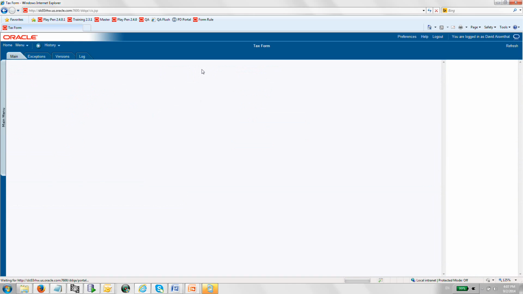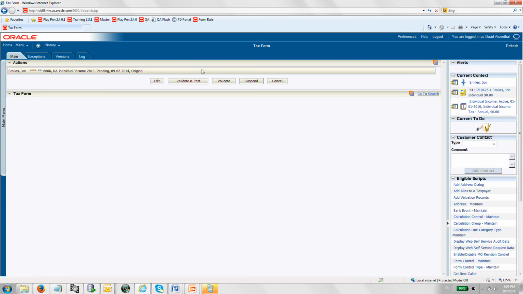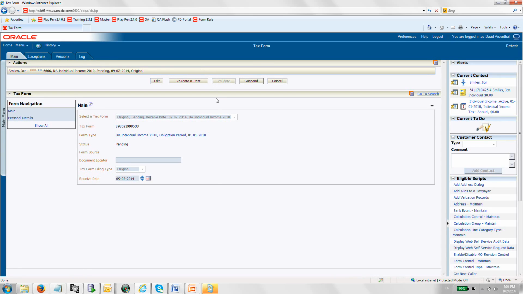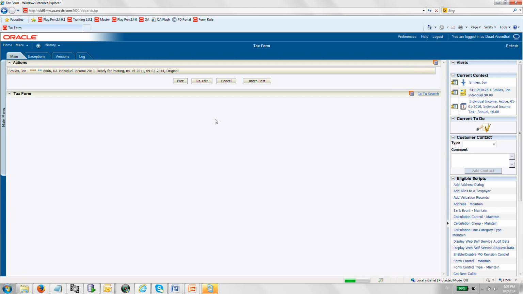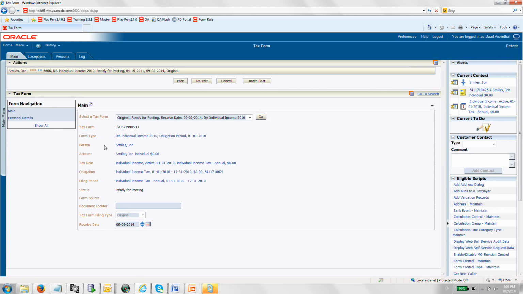And then we would hope also that when it goes to post, no new entities will be created because they've already been created. So now if I hit validate, you will see that the person, account, tax roll and obligation have all been returned to us through the check validation rules. Now when I hit post, my expectation is that it should simply post without doing anything,